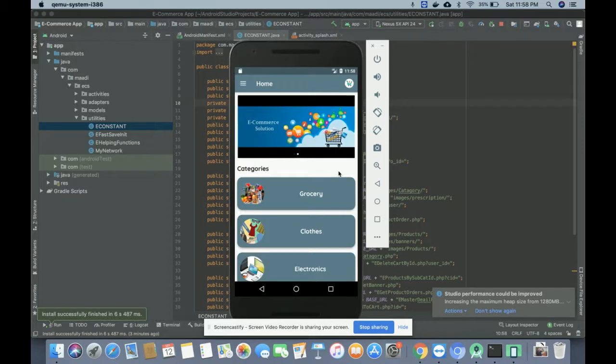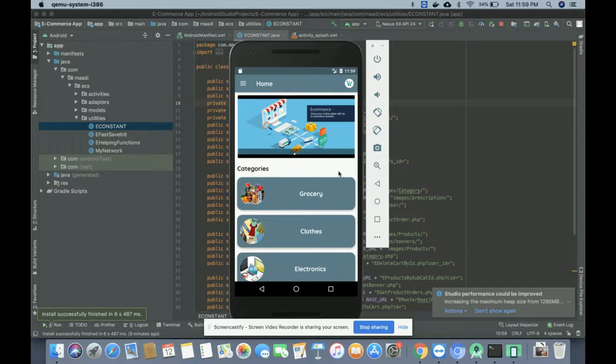For front-end development, meaning the UI, there are two types of UI available in this project. The first one is the customer-based Android application, and the second one is the web-based admin application. The customer-based Android application has been developed using native Java Android, and the admin web app has been developed using PHP and MySQL, right? So let's start with the functionality and go through what we have developed inside this e-commerce Android application.